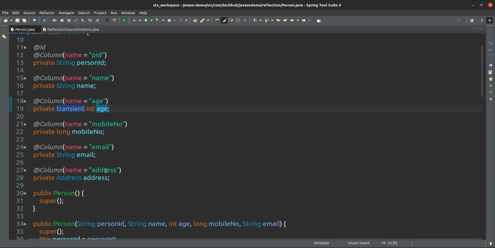So that's why we have given all the fields here, and we have given transient because we want to check whether we can get the private access modifier, and transient also.